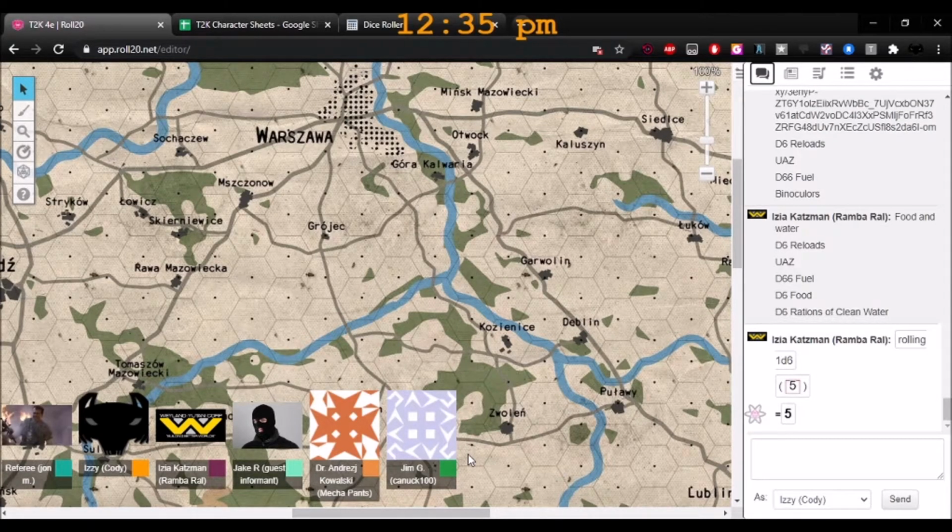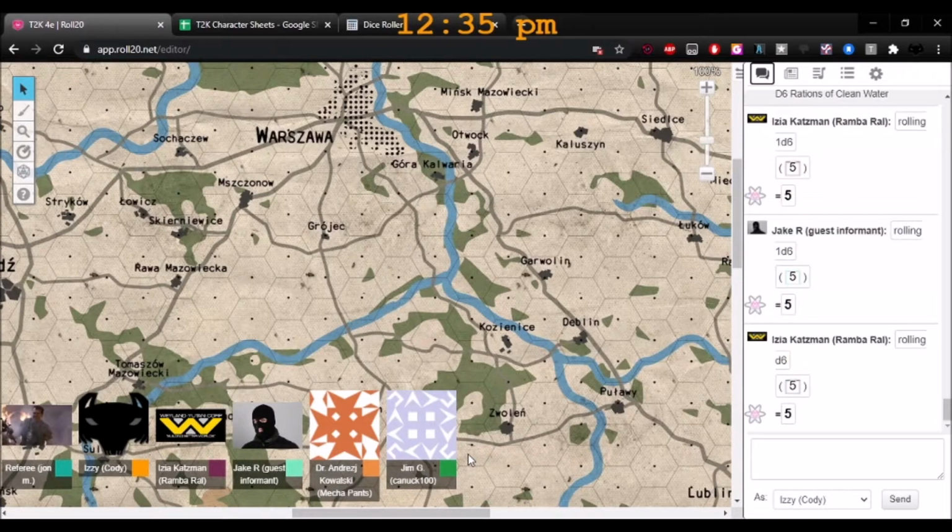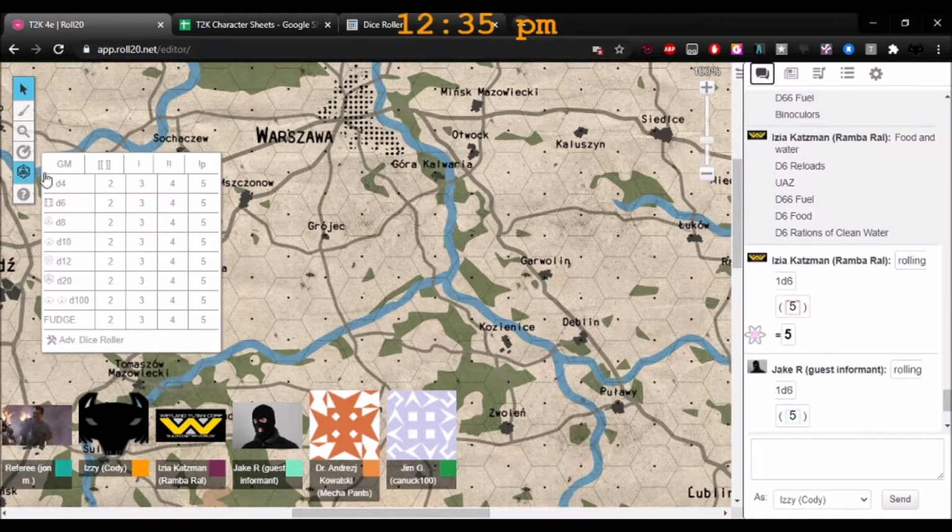Did we roll for the food and water rations yet? I don't think so. No, I don't believe we did. I'll roll for food. Cool. I'll roll for our water. 5. Nice. Okay, good. And now we have to roll for fuel. So for a D66 roll, does it just say you roll 2D6, or should we just roll a straight D66? Straight D66, that's my call, but ultimately GM's.